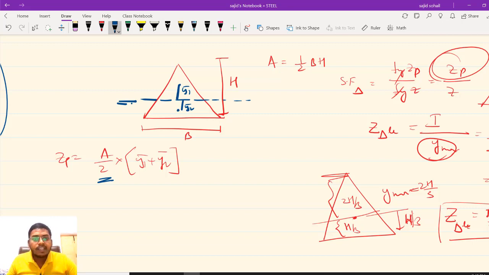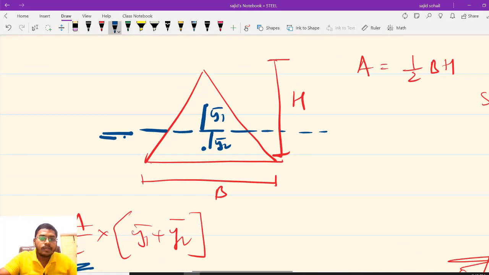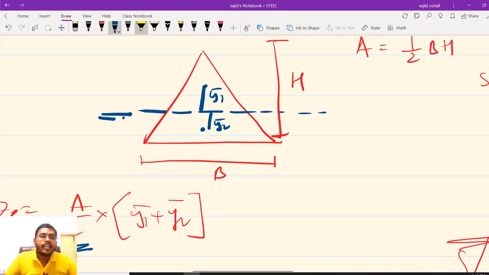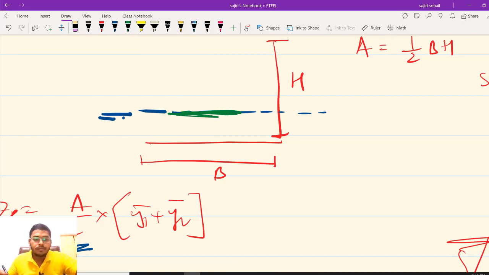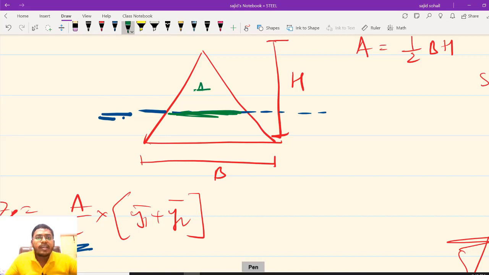So let me make it very clear. This triangle whatever you are seeing, let me zoom it a bit. When I am dividing it, let me erase this, the triangle that is formed. ये जो triangle form हो रहा है, I am naming it as 1. Let the breadth be small b and let this height be small h.